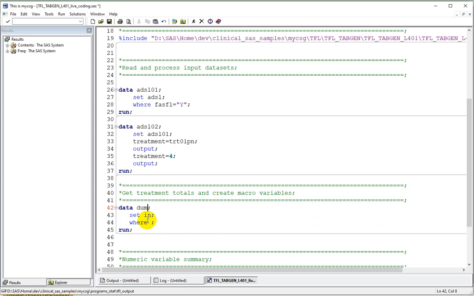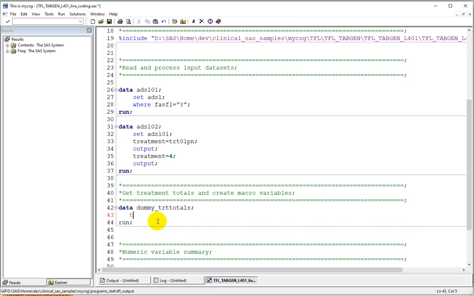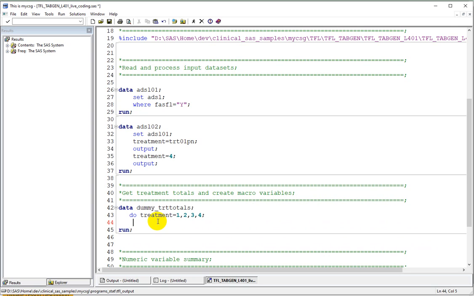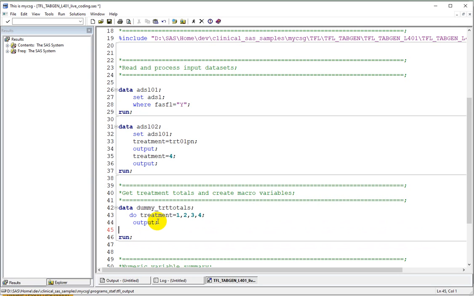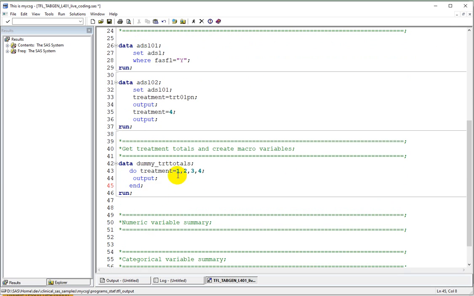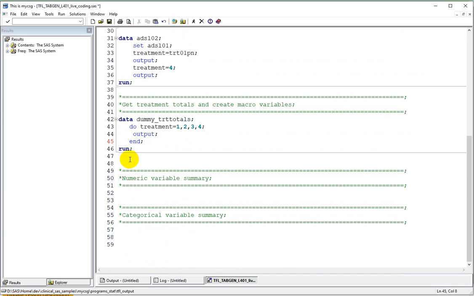Let us call the dummy treatment totals dataset dummy_trt_totals, and let's use a do loop with do treatment equal to 1 comma 2 comma 3 comma 4, output, end. So we'll get 4 rows, 1 row for each treatment which needs to be created